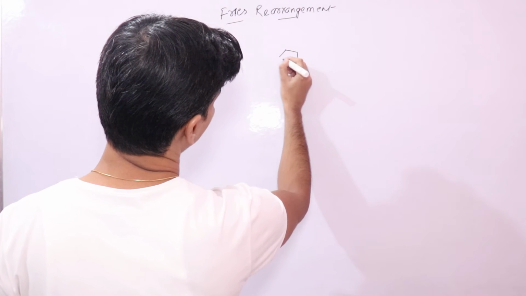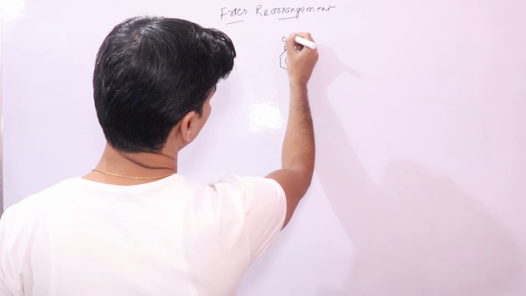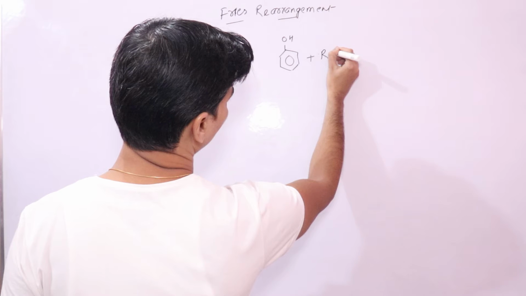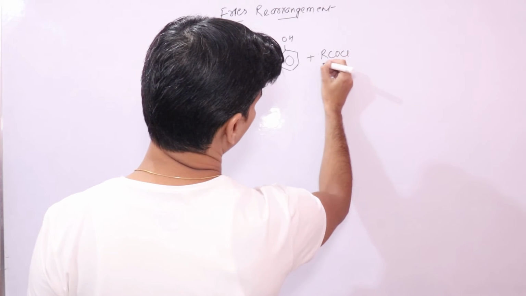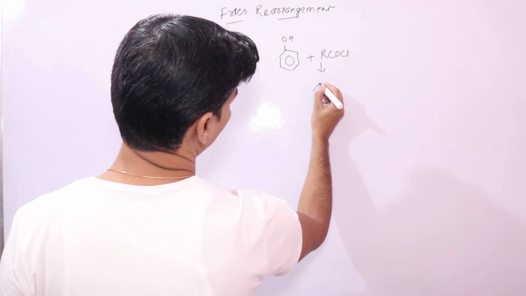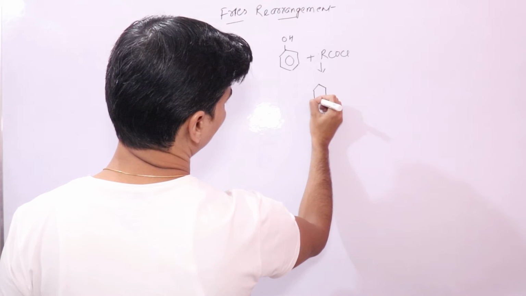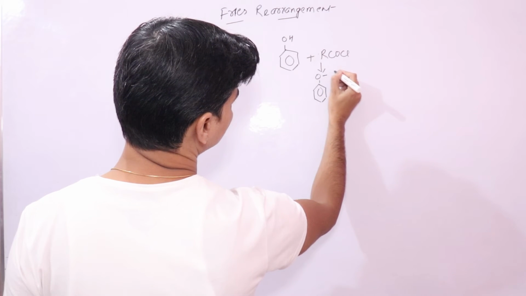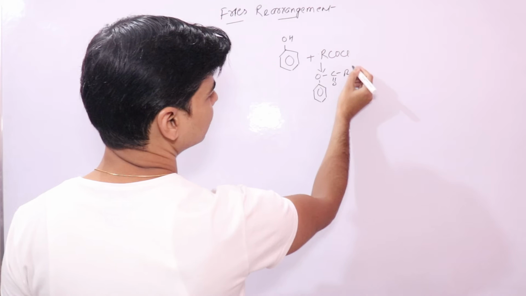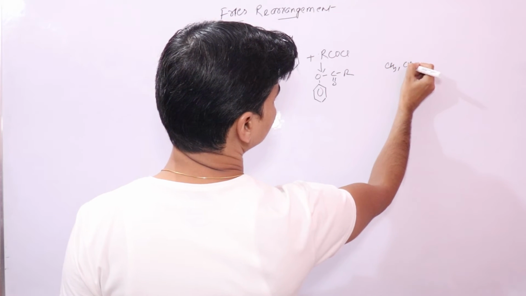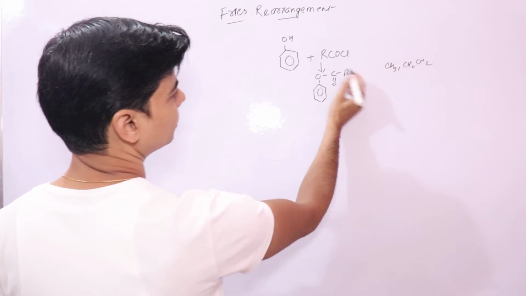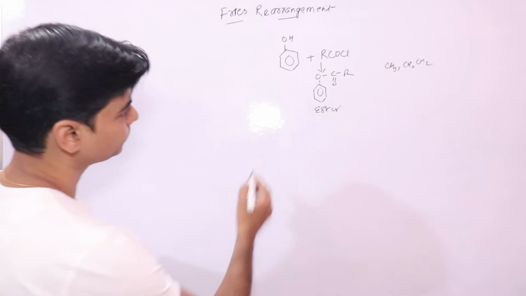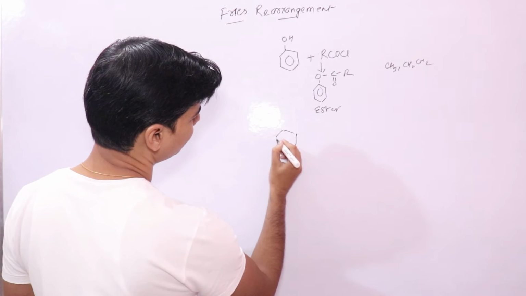Let's say for any general reaction, any acid chloride RCOCl will react to form this compound. This is an ester, and this R can be CH3, CH3CH2, any alkyl group. This is an ester. Now what Fries rearrangement says is that this ester